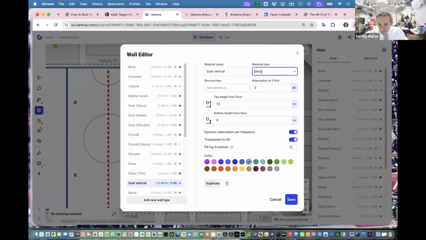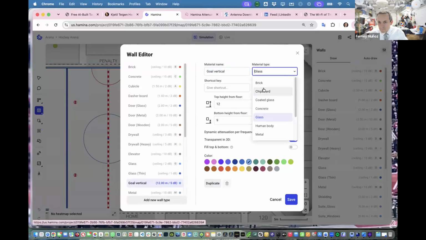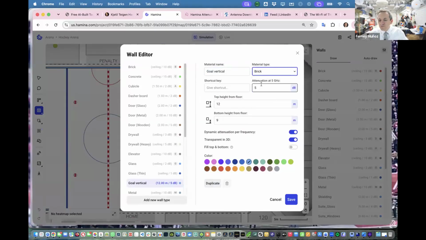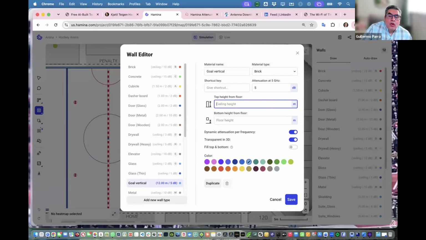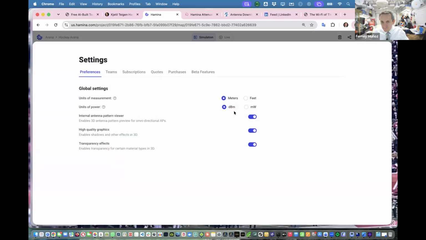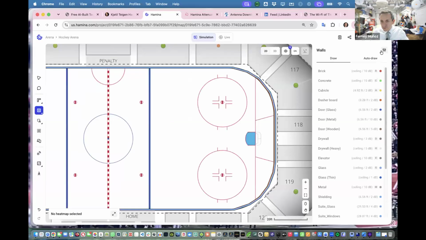And then let's make it brick so that it looks red or has a color. And then this is going to go from 0 to, let's just say, 4 feet high and 6 feet wide. Okay, so let's change this to feet. So this new area,